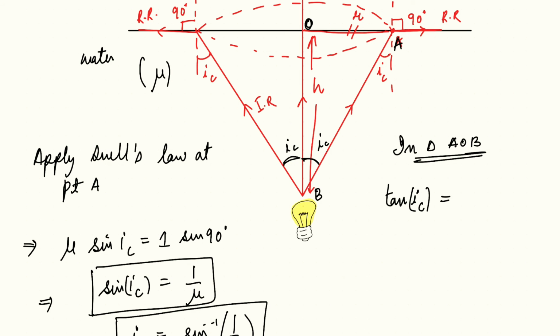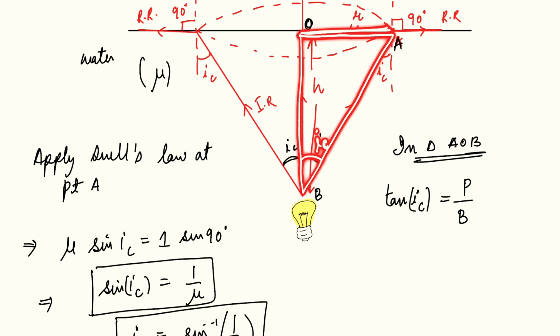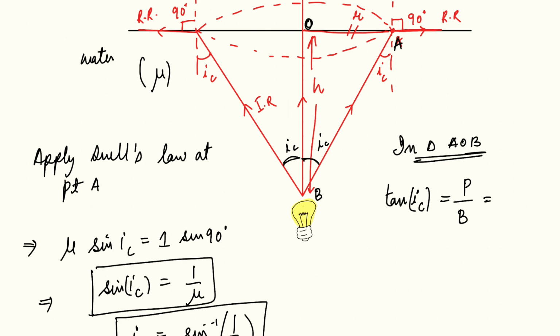Tan of the critical angle is basically a ratio, so you can write it as perpendicular upon base. Yes or no? This is your triangle and this is your critical angle. So the perpendicular is OA, and the base is OB. So I can write this as OA upon OB. Now you tell me, what is your OB? OB is basically the radius that we wanted to find out. So tan critical angle is radius R upon